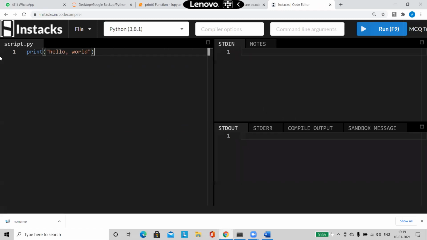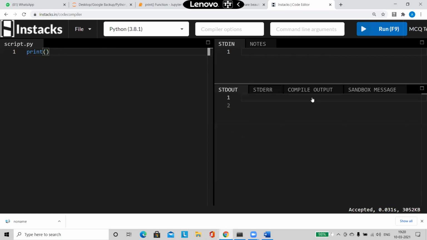Here, nothing on the inside, just an empty print statement, I'm going to run it. See what it says. It says accepted. The code is accepted. And see what happens here. Line 1, line 2. There are 2 lines which are getting displayed here. Line 1 is empty. Line 2 also, nothing is there. So any print statement you give will produce one empty line.